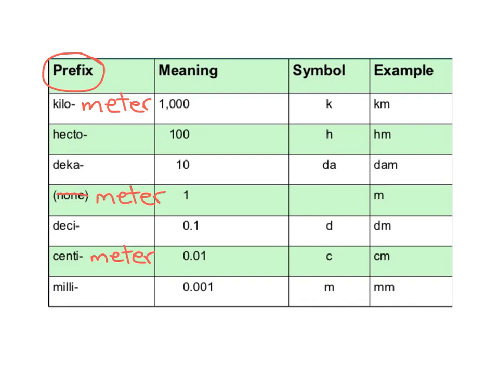The biggest one in the ones that we use the most is kilometer, and that is 1,000 times bigger than a meter. So if we think about that being 1,000 times, this being 10 times, this being 100 times bigger. So the most important thing that we want to know here is how much bigger is the centimeter or the